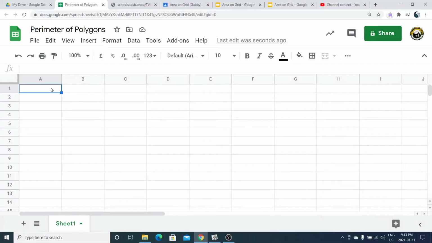Hi, I would like to show you how to use Google Sheets to insert a formula. In this case, we're going to use Google Sheets to determine the perimeter of a few polygons. Now, let's say I have given you a few polygons and you have measured the sides and you want to determine the perimeter